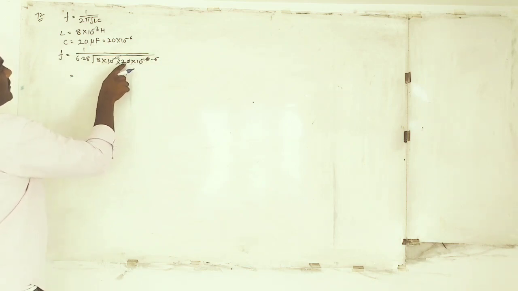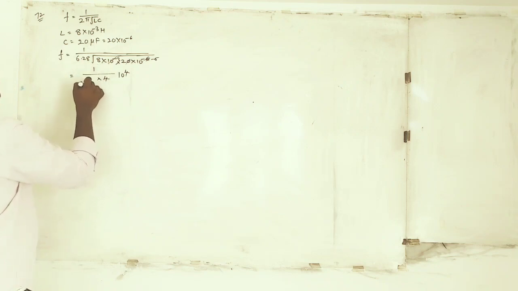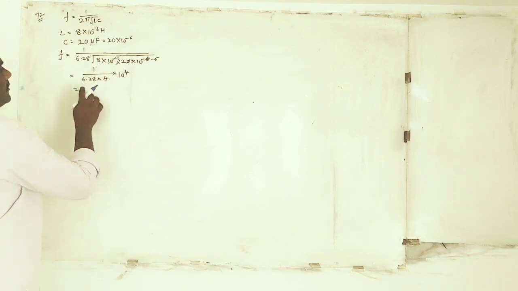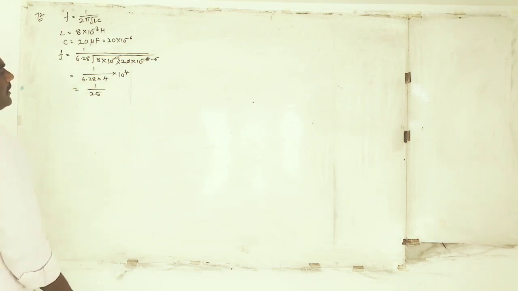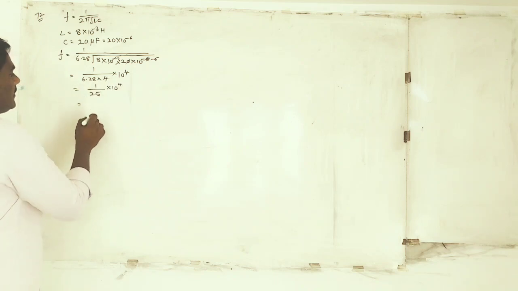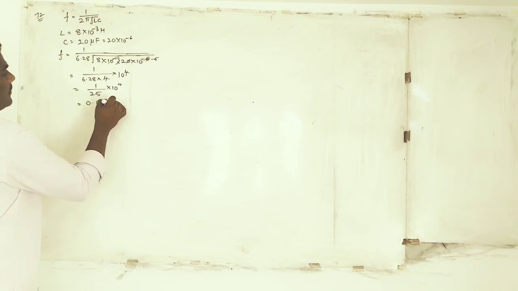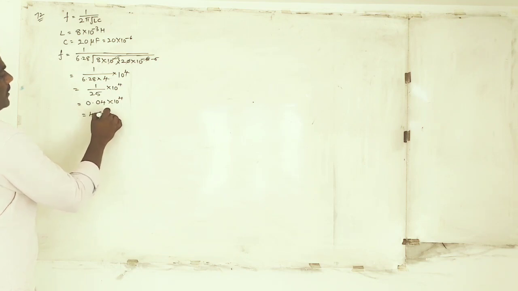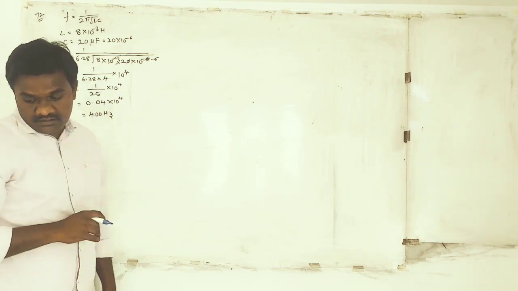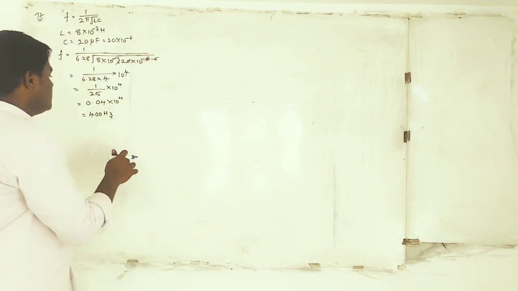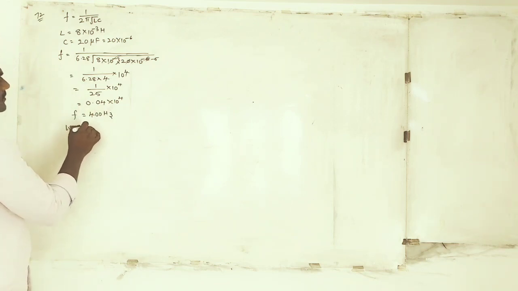Now we have 8 twos are 16, so the root of 16 is 4. Then you have 6.28 in the denominator. Now try to understand: 6.28 times 4 is about 25, so 1 divided by 25, close to, into 10 to the power of 4. Now tell me, what is 1 divided by 25? It is 0.04 into 10 to the power of 4, then you will get around 400 Hertz as the frequency. But in the given question, they have given the resonant frequency in terms of omega. So in order to get omega, you can use the formula 2 pi f.